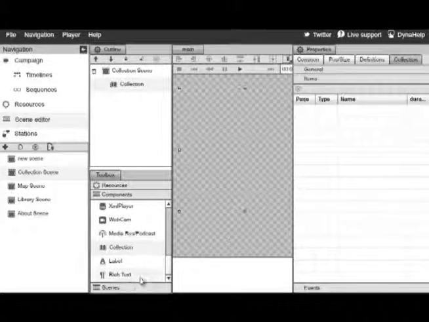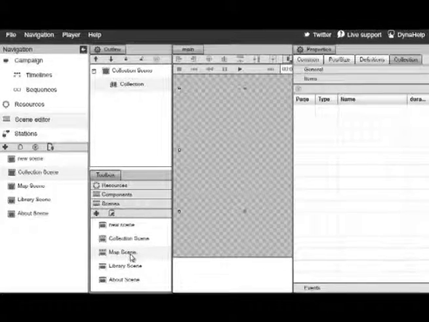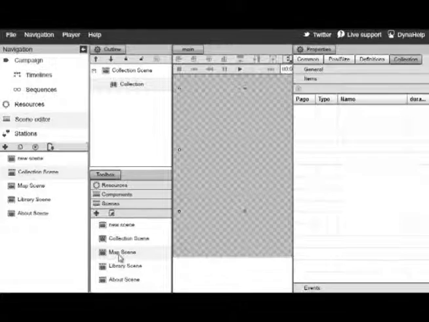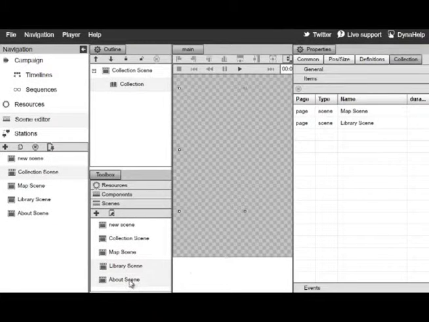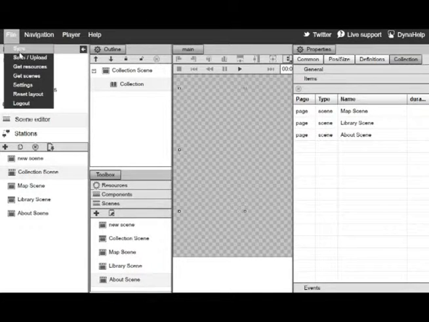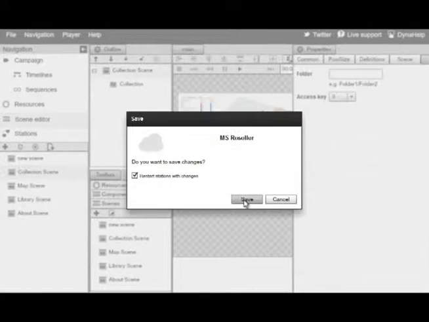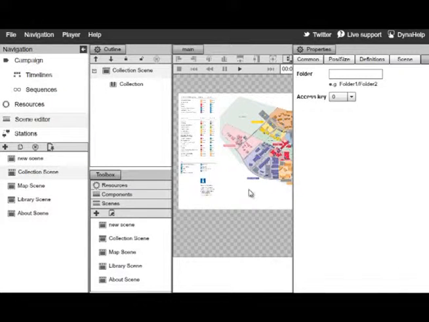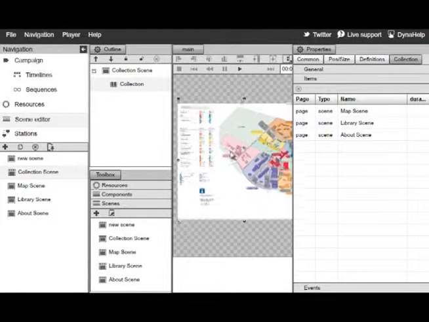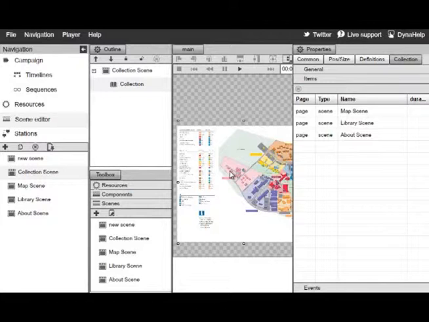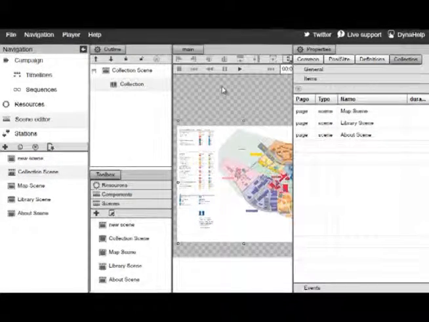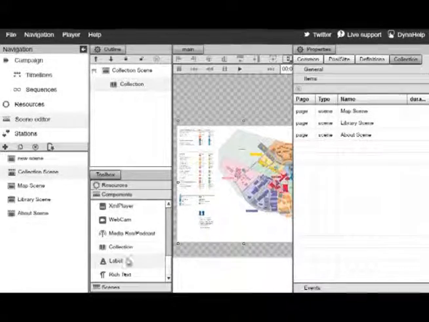So I'll switch over to scenes and put in my map scene as well as my library scene and my about scene. Let's go ahead and save our configuration so it loads everything. And as soon as I save, I can see my collection that's loaded with my first scene, the map scene. Next, what I want to do is put a couple of labels here on top. So I'll switch to components and put a label right here